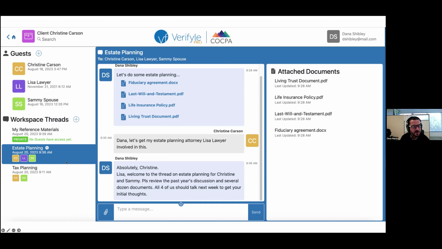So these are threads that you create, and you can think of them as group threads. They're essentially a thread that you create, and you can add guests. You can give guests permission to view those threads, and then they can all communicate with each other in one big group. And you'll notice these little tiles here,